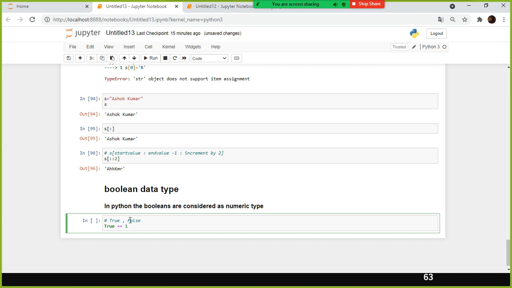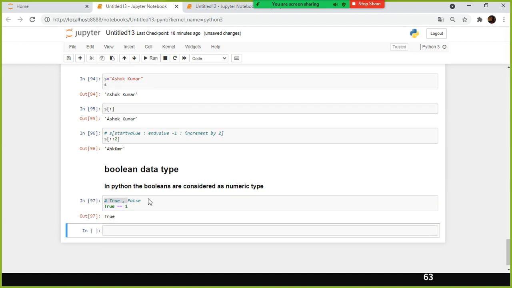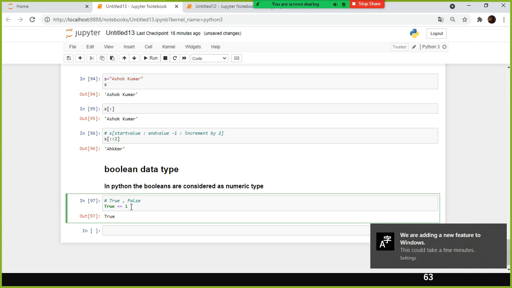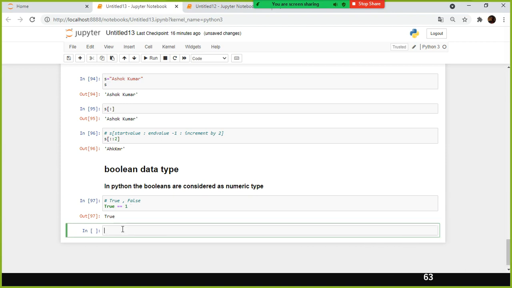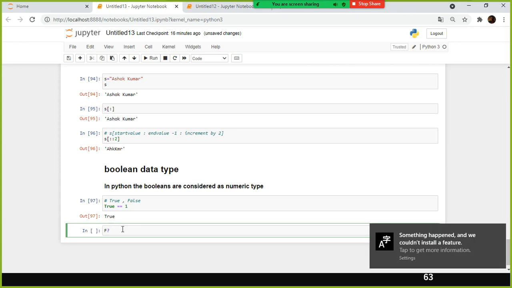Supposing I specify True equal to 1, what is going to happen? True, right? As I told you, the Booleans are considered as numeric data type. True is represented as 1 and False is represented as 0.